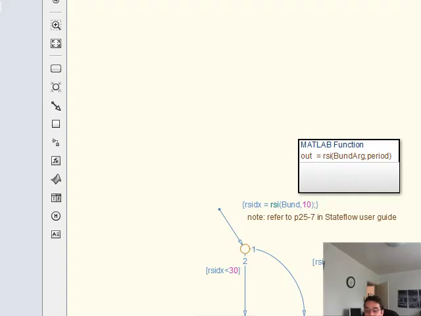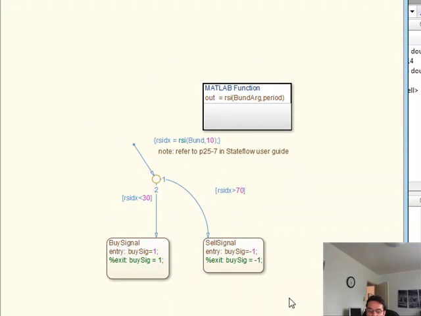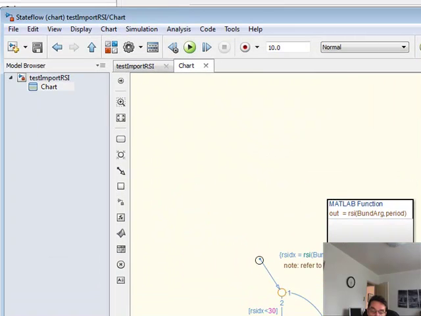So if you're not a programmer, you can understand the power of something like Simulink and Stateflow, and be able to generate all these trading modules visually. So what we've got here is, by default, we are going to run a custom Matlab function, which is defined by this little guy. And then depending upon the results of the output of that function, it'll run one of these two conditions. So in our case, we're going to send in the Bund information,